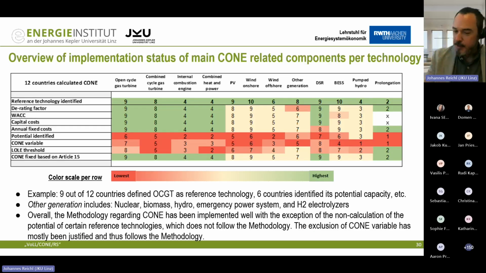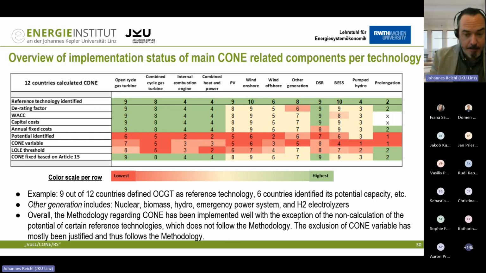Just as a quick view, we are not going into the details now, which technologies were frequently used by countries as standard or reference technologies that could be relevant here as ramping up capacity, and which of the parameters were computed in the best possible way. So we see that gas turbines and varying variants have been defined in many countries as relevant possible capacity enhancements to avoid this kind of capacity shortage. But we also see a varying number of other technologies that were investigated and that member states have considered as part of these analyses. Column-wise, we have colored